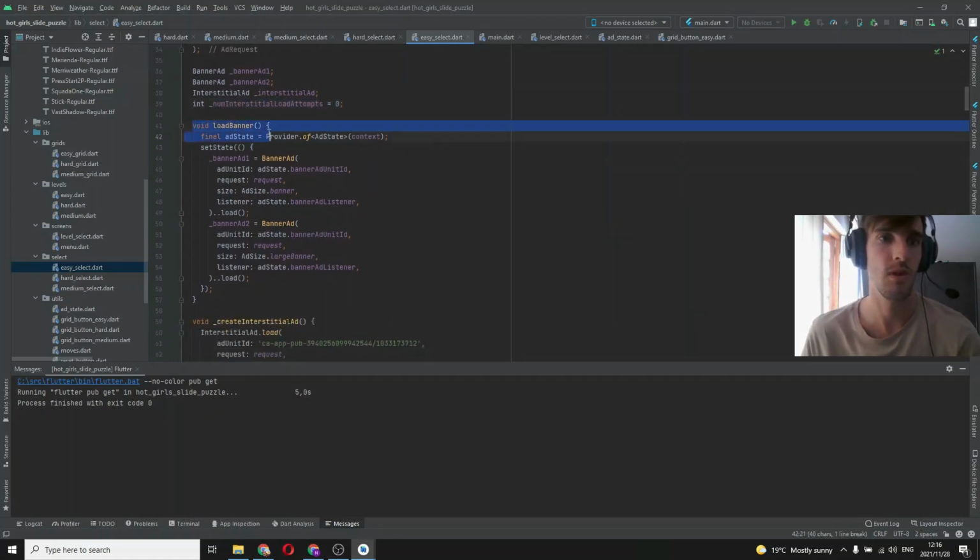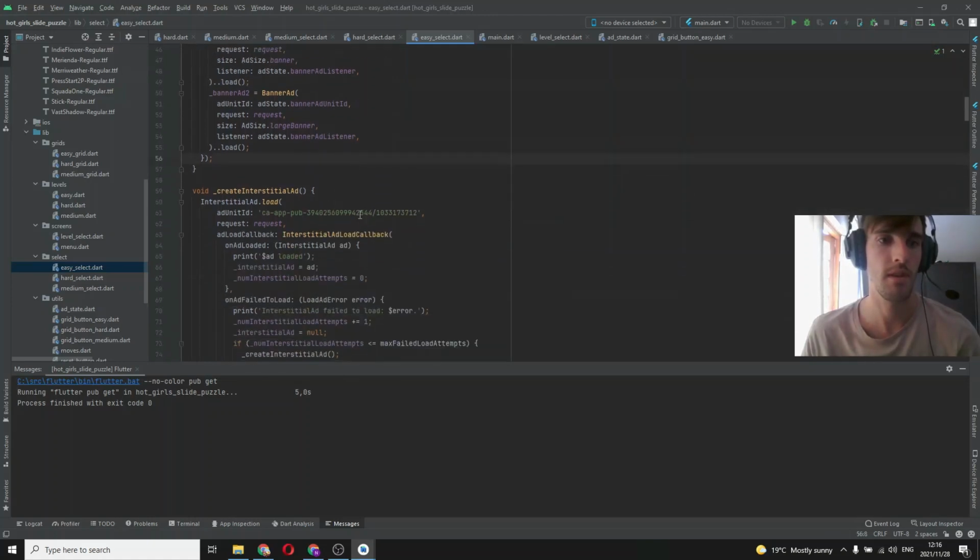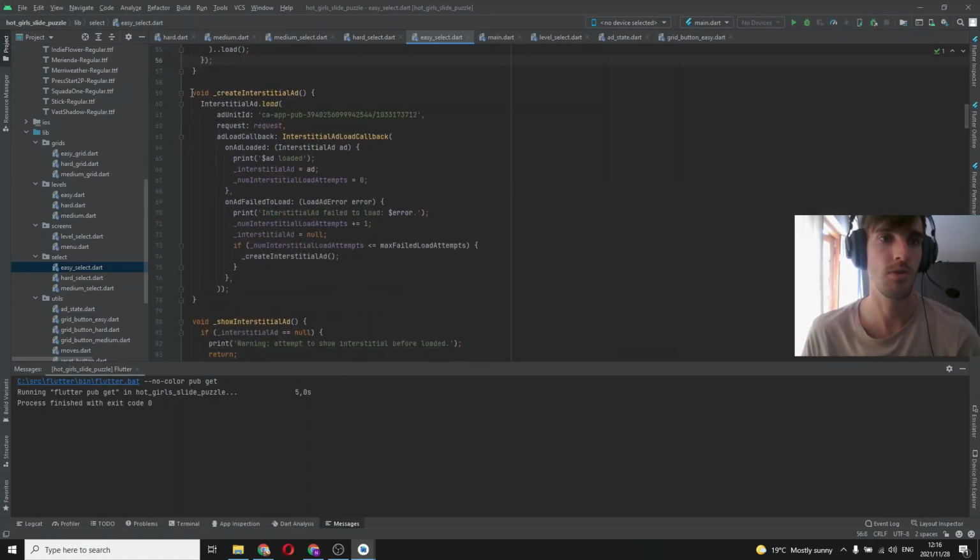You've got your load banner function. In here you've got both banner ad 1 and 2. Don't forget to call .load. And you've also got your create interstitial ad function with the correct test ad ID,